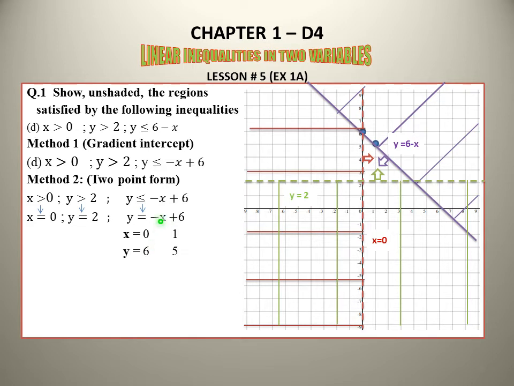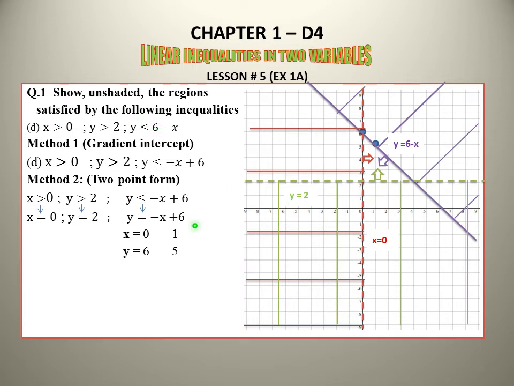And when we put x is equal to 1, y is 5. You can take any value from the graph. If you take x is equal to 5, let's say, putting x is equal to 5 in this equation, you will get y is equal to 1. So x 5, y 1 is this point. So joining this point and this point, or any 2 points which you get, will give you the same straight line. So after drawing all the 3 lines, you will find the defined region and you will leave that region unshaded and shade the region which is not defined for this part.